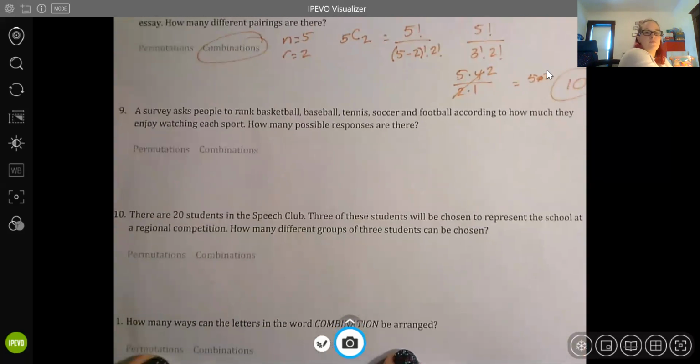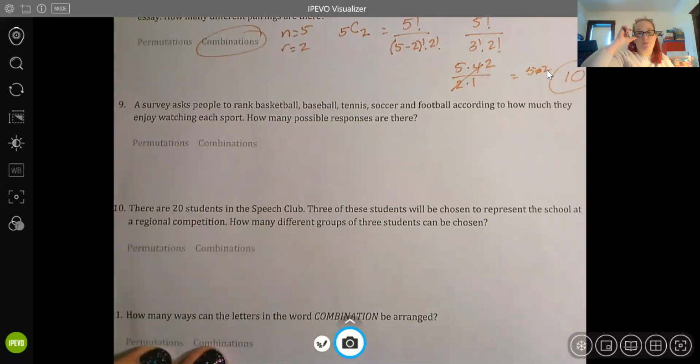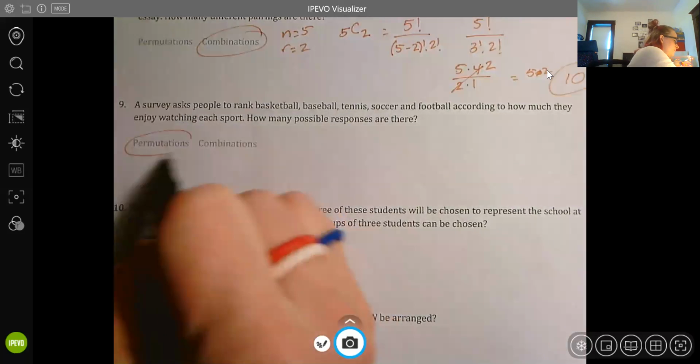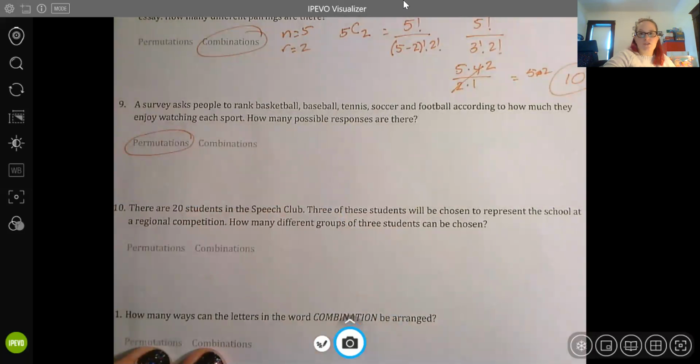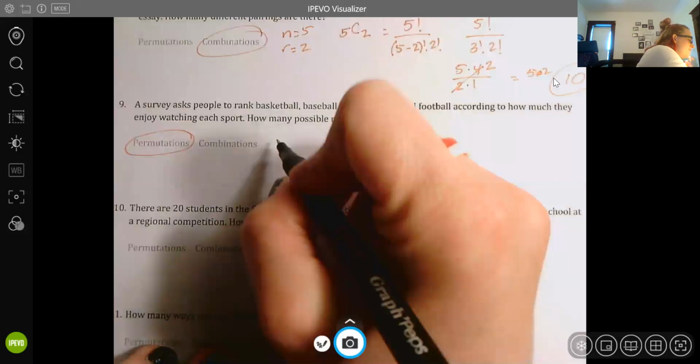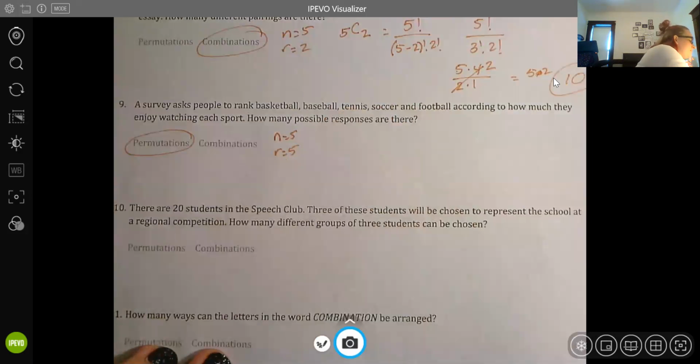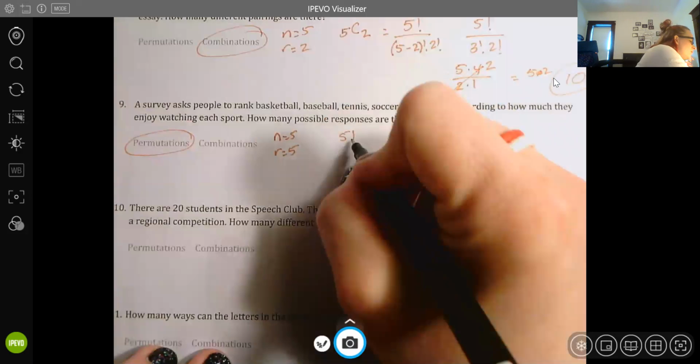All right, a survey asked people to rank basketball, baseball, tennis, soccer, and football according to how much they enjoy each sport. How many possible responses are there? Okay, so whenever you hear the word rank, it's automatically a permutation. All right, so let's go ahead with this one. Then we will have an N of 5 and an R of 5, which seems weird, but it'll work out just fine. So we have 5 factorial over 5 minus